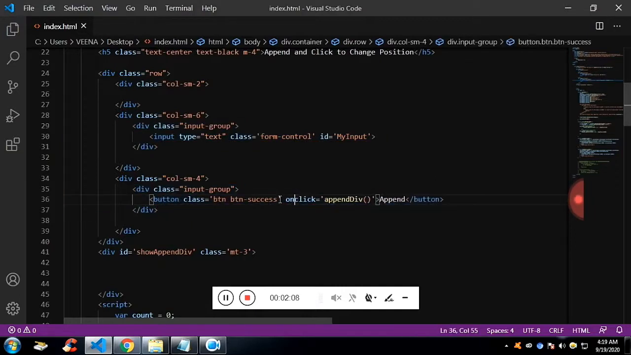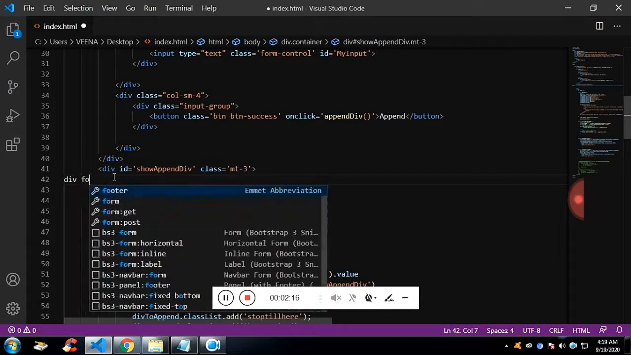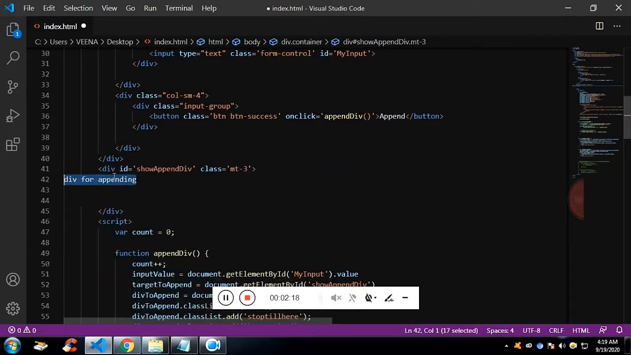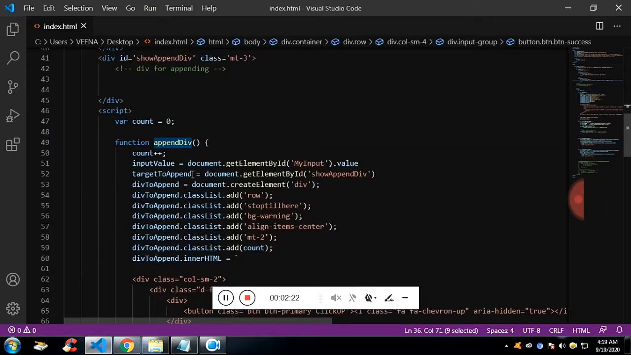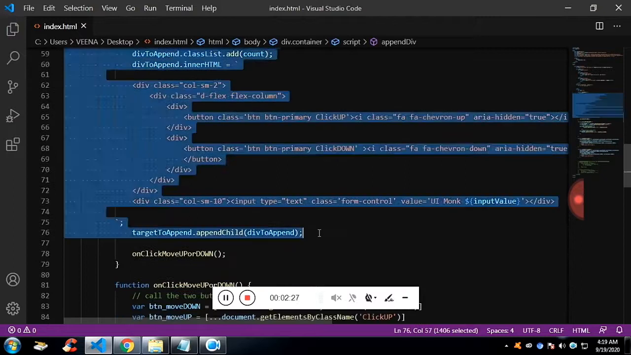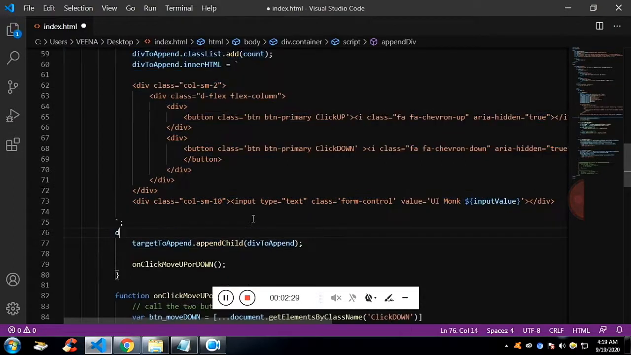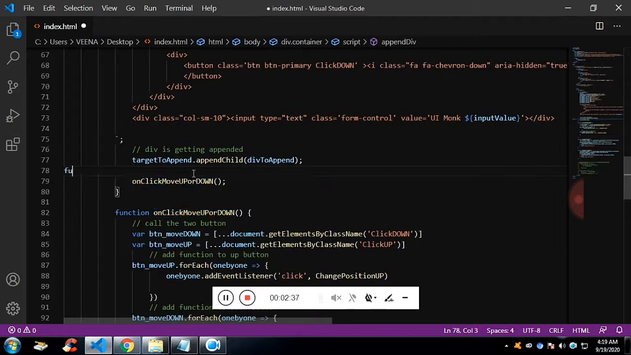This function will be triggered when you click on the button, and that function will simply append a div, and that div will be in this section. So this div with ID show append div will hold the appended data. So this function is going to append a div. So this is HTML code, which will get appended on the div which I have shown above. And once it is appended, it is going to call another function,